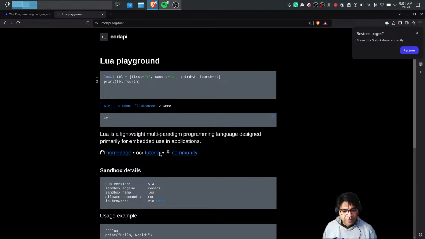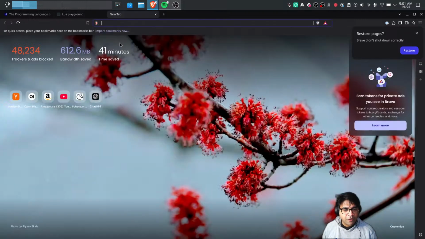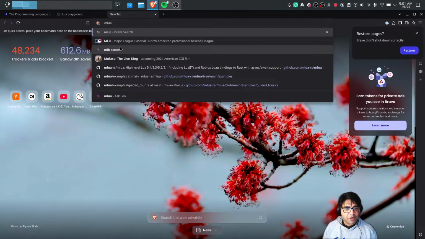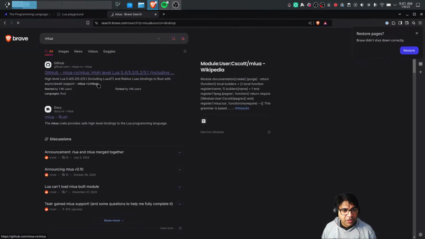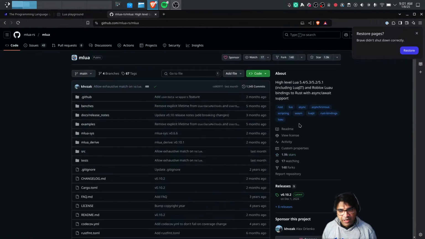All right, so enough of playing around with Lua. What I wanted to focus on was basically this crate called mlua. So mlua is a high-level crate that lets you use Lua, and it also supports Roblox's Lua